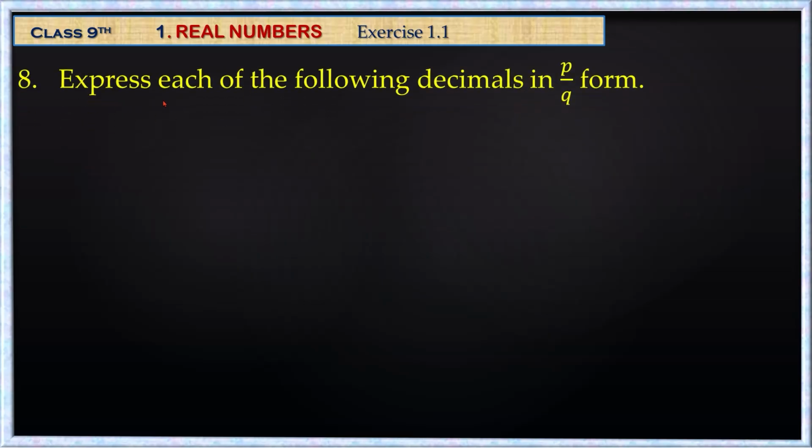Next problem, express each of the following decimals in p by q form. First bit, 0.5 bar. In the previous class we have learnt this type of problems. Let us solve this problem. Let x is equal to 0.5 bar, that means 0.55 and so on. Call it as equation 1, and here after decimal one digit is repeating, so multiply